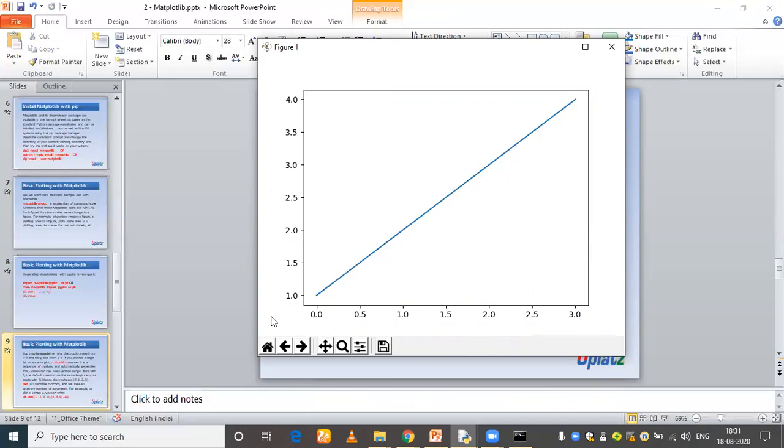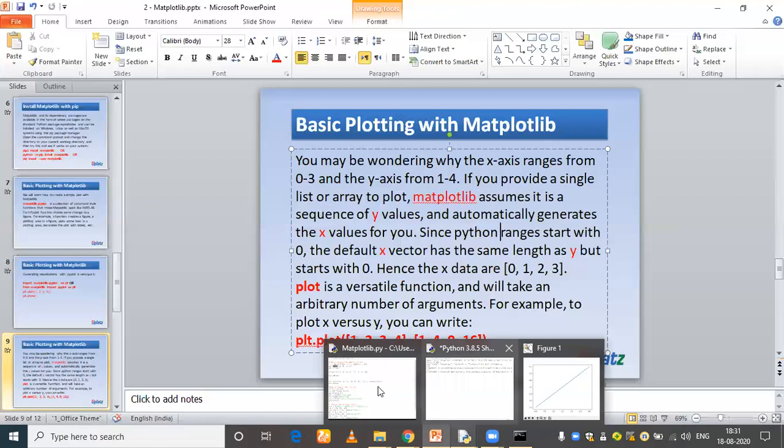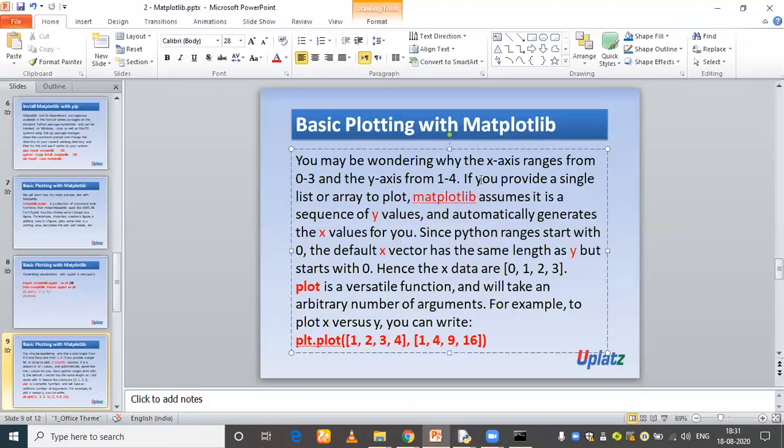Okay, so you got it. The first one here is nothing but the 1, this line is 2, this line is 3, this line is 4, as per the data. But in the case of the x-axis it is ranging from 0 to 3.0. What is the reason? We are providing a list inside the plot function. If you provide a single list or array to plot, matplotlib assumes it is a sequence of y values and automatically generates the x values for you.